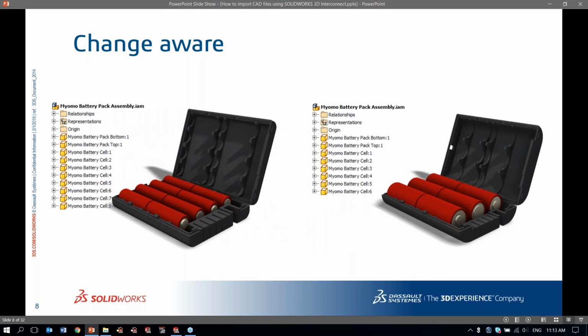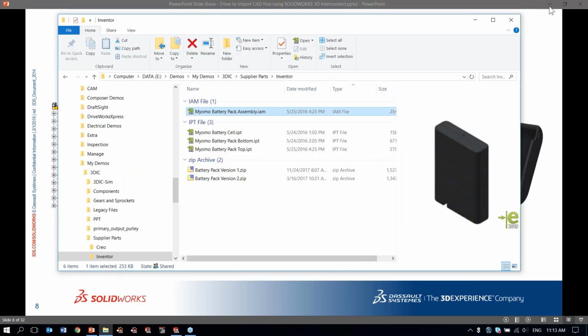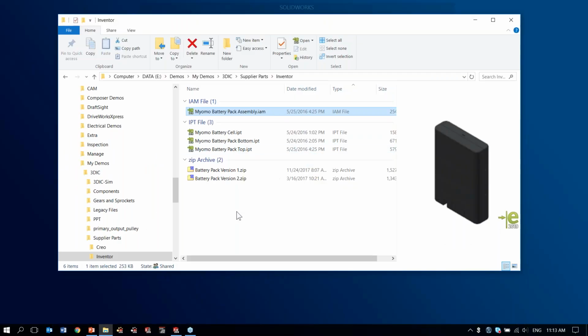So for example, my supplier sends me the small battery pack. It's not powerful enough. I want something that lasts longer, bigger batteries. So I ask him to do a redesign and send the new versions back out to me so I can update my assembly. Now to simulate that, this is my folder where my Inventor parts are,